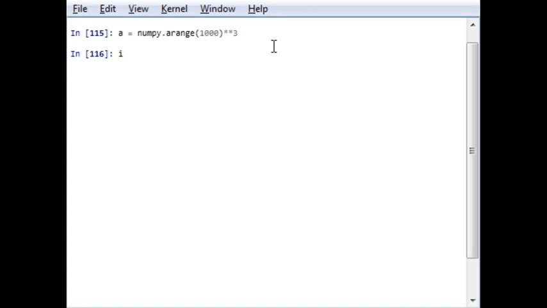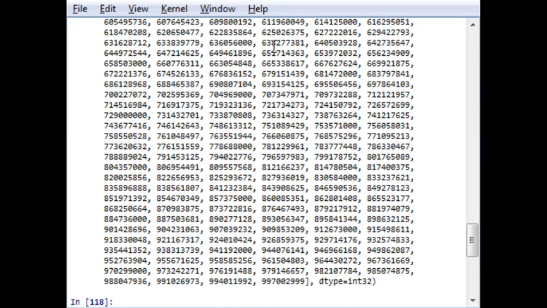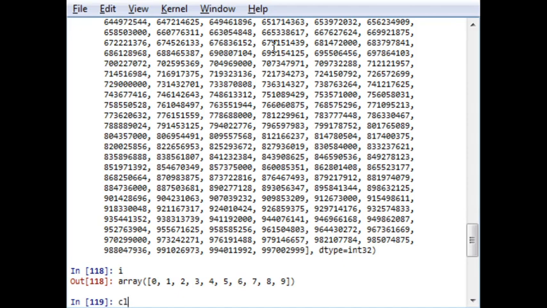Now I want to generate an array I for the first 10 numbers. So A and I are generated. Let's see what A is. It is a huge array of 1000 numbers, and array I will be this.